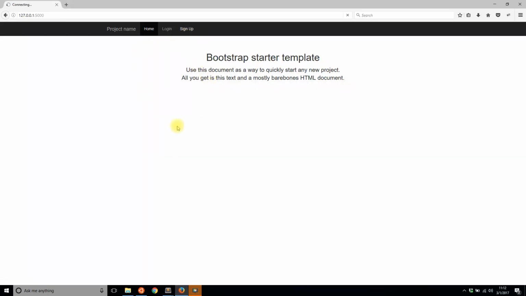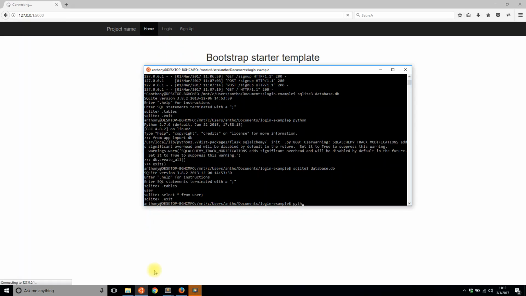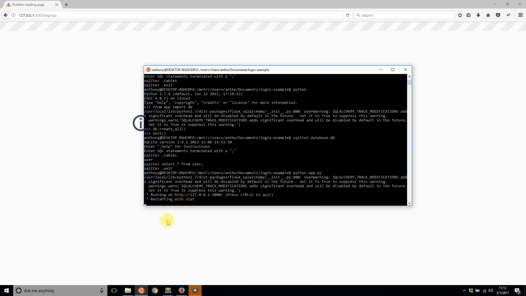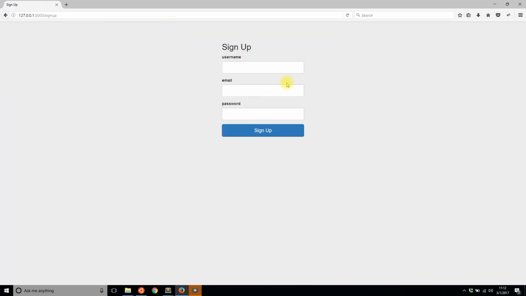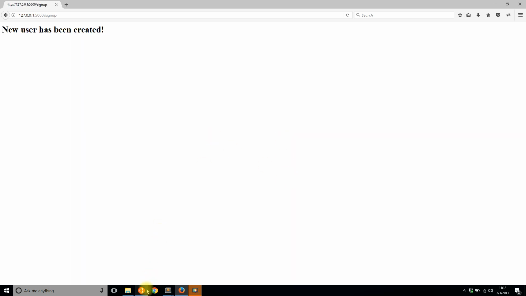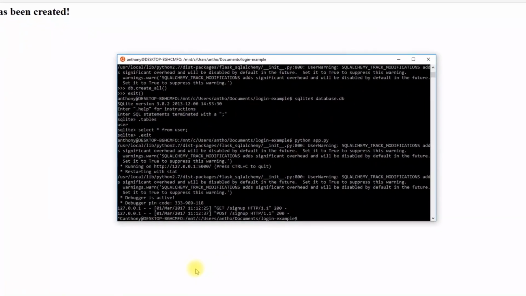So let's go to the sign up form, and I don't think I'm running the app, so that's why it's not doing anything. So username will be testing, email will be test@test.com, and password will be secret. So I'll sign up. It says new user has been created, so let's see if that is actually in the